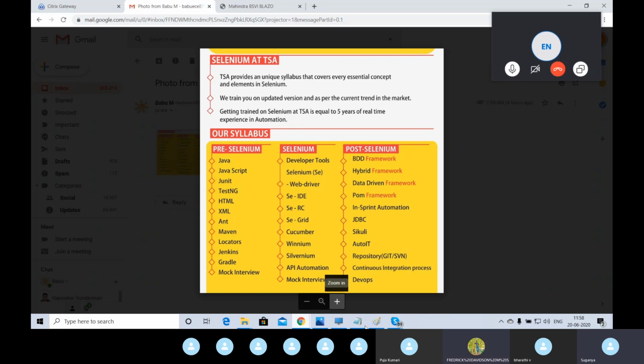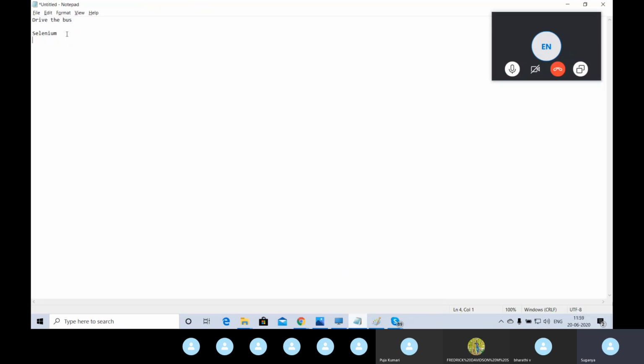The next concept is we are going to take a license. Why are we going for a license? Can anyone say? You know already how to drive the bus, but still why are we going for a license? Without a license, we cannot drive the bus. We require the driving license. That is fine. But what is the actual concept behind the license? As per the rules, you cannot drive without a license. But what is the actual concept behind getting the license?